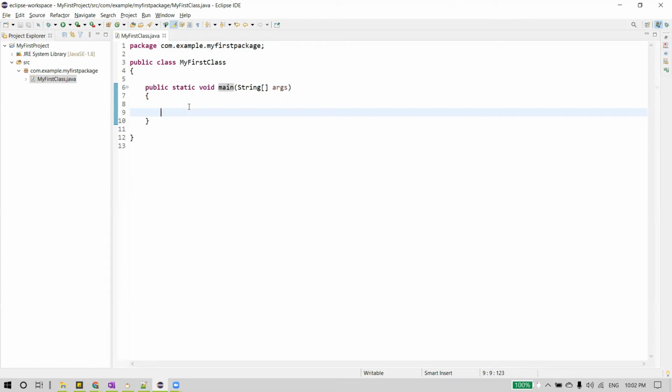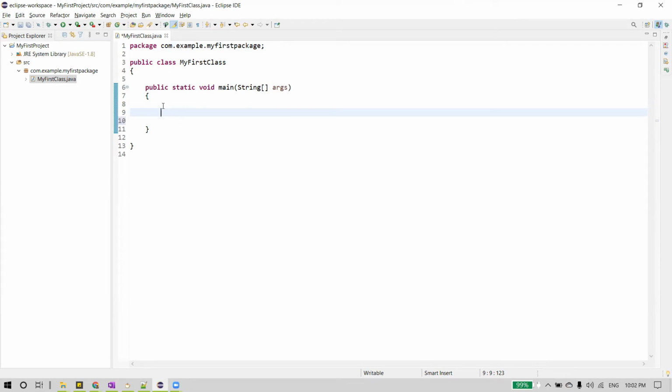Now this main method can have a block of code written here. And that also should be in braces, an opening curly brace and a closing curly brace, and you can write any number of lines of code within your main method or any method, right?